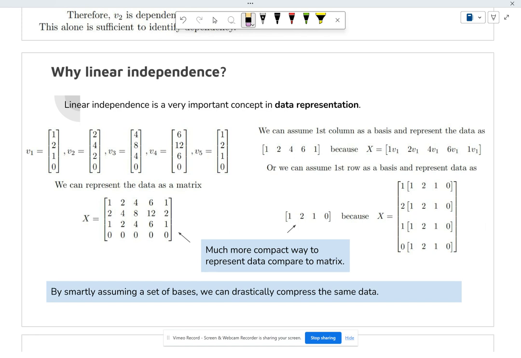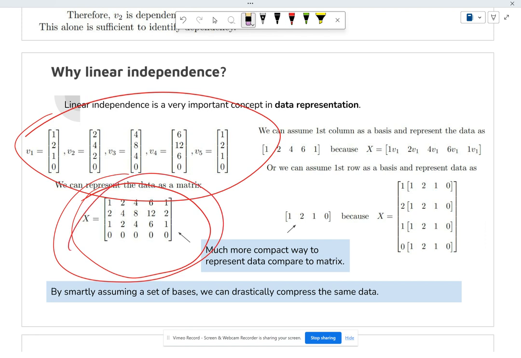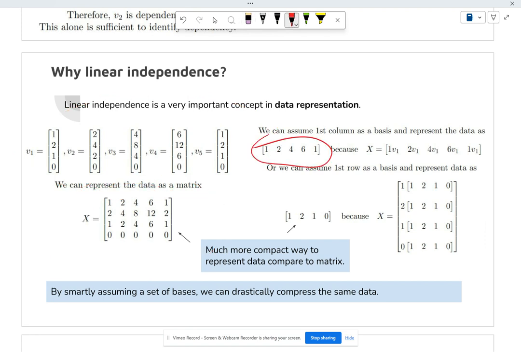Another way is to identify useful bases as an underlying assumption. So instead of representing this whole data this way, we could compress it into a very small amount of numbers, and still be able to retain all the information. Now, how is that possible? So imagine